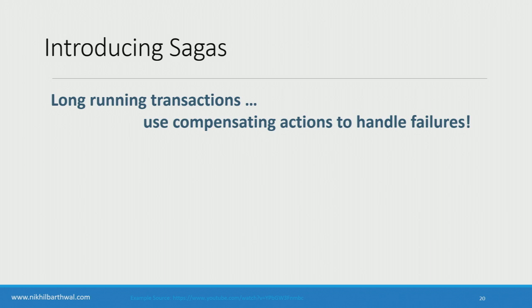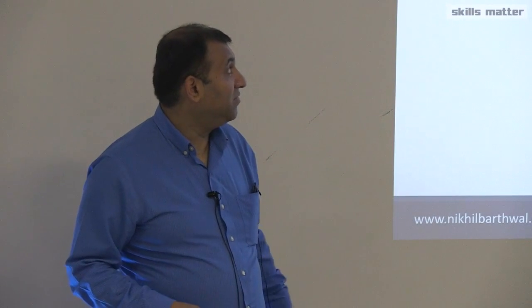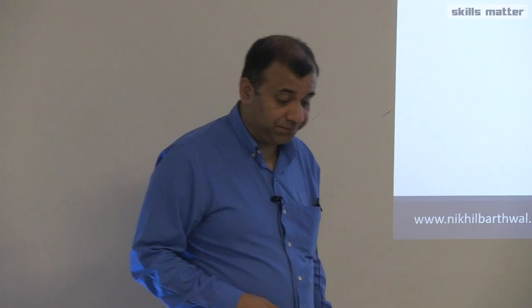The origin of Saga actually goes back to somewhere around 1987. If you Google Sagas, you would get a paper about databases from 1987, and in those days, obviously, there was no such thing as distributed systems, so they didn't have any concept of partial failures and so on. Sagas were then updated, and they're very common, even in the microservices world.